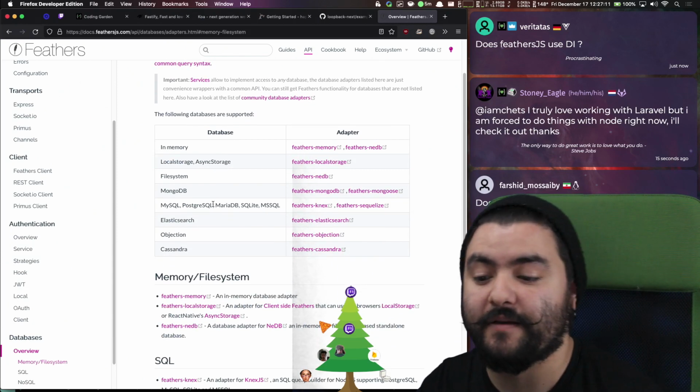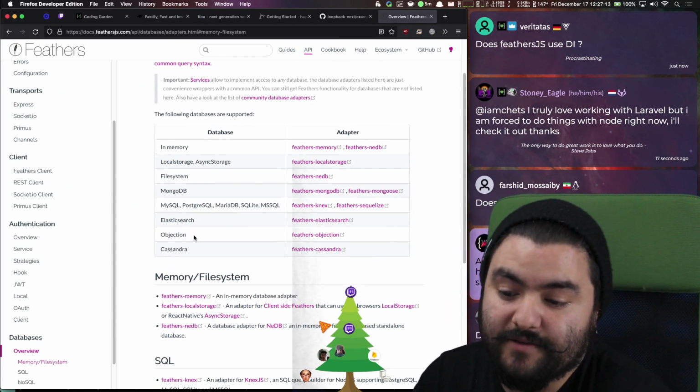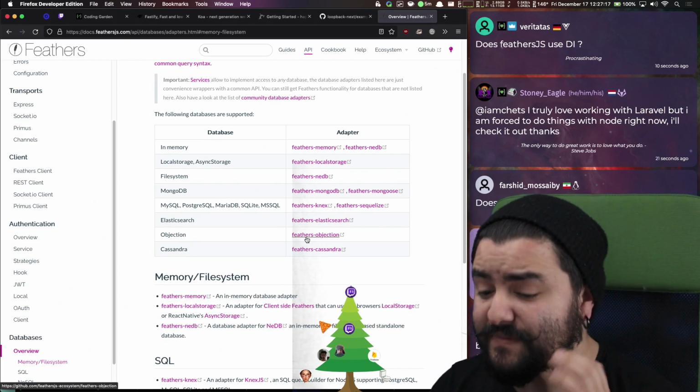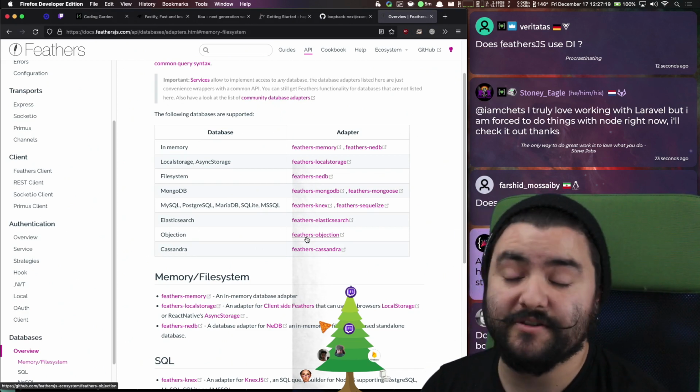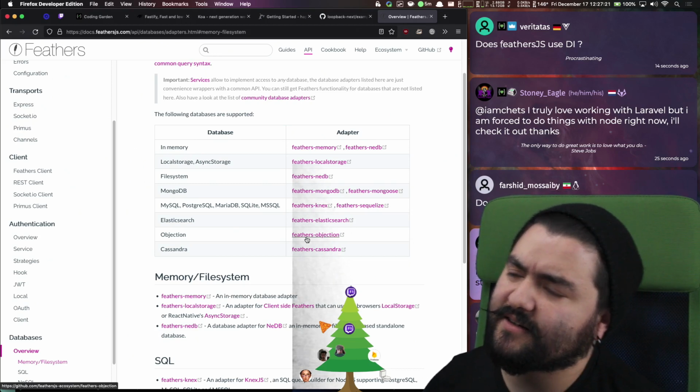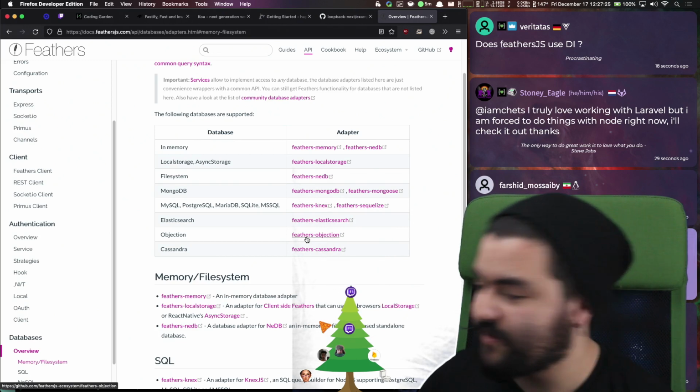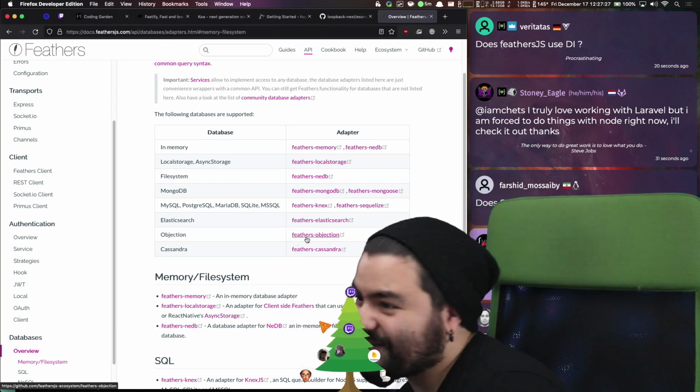So for example, at least what I would use, I use the Feathers objection adapter. So what you can do with the Feathers objection adapter,